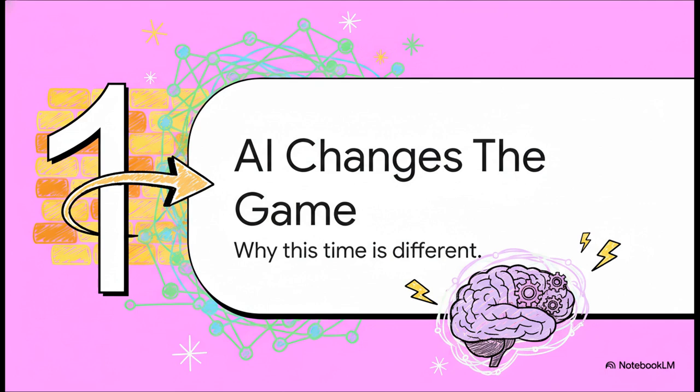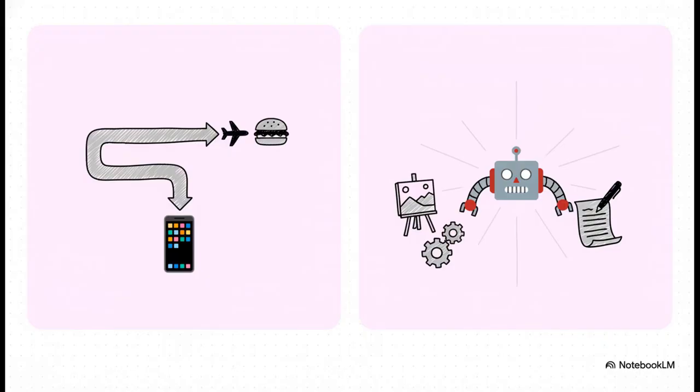Section 1 is all about establishing why this moment, right now, is fundamentally different from anything we've seen before. We're not just talking about another tech trend, we are looking at a paradigm shift that is rewriting the entire rulebook. And the core idea here is absolutely critical to understand. Think about past tech revolutions like the internet and mobile. They were mostly about creating new channels, new ways to deliver stuff that already existed. You could book a flight or order a pizza, but just on a different screen. Generative AI, it's different. It creates entirely new product logic from the ground up. The product itself is changing.